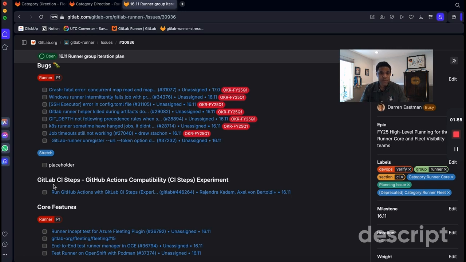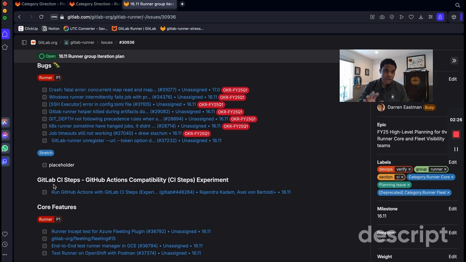This is to enable the running and execution from within GitLab CI of GitHub Actions using our new step framework, which is a piece of the overall component solution set that we've been rolling out here at GitLab. So this is a really important new feature and capability that's now under the Runner Core team's purview,